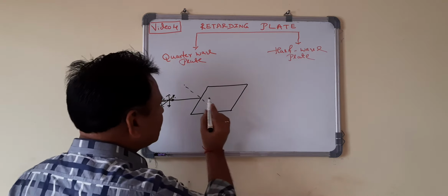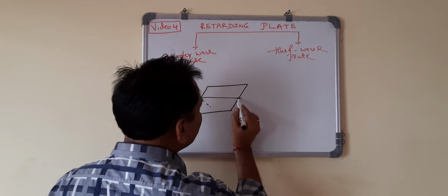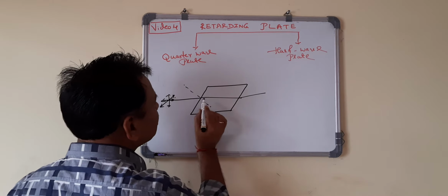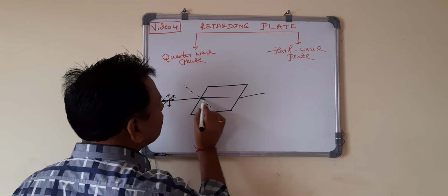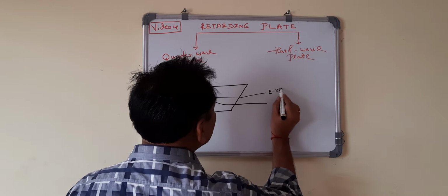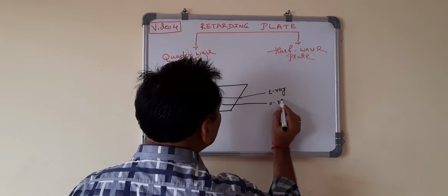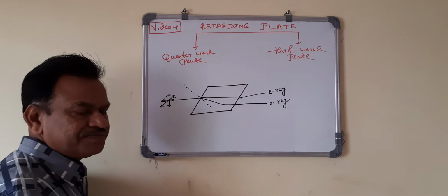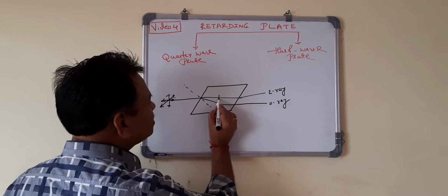When it is incident on it, two beams come out. This is called the E ray, and this is called the O ray. Here the vibrations are one kind, like this,